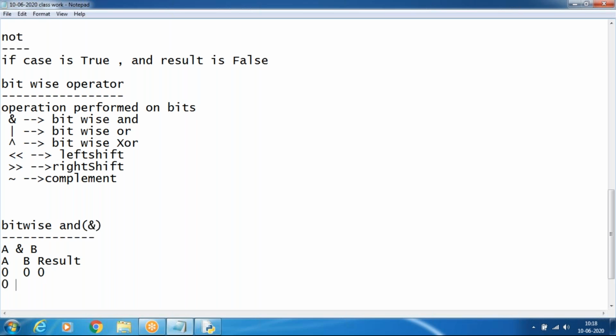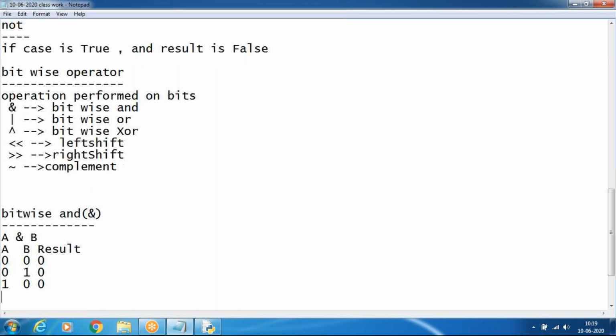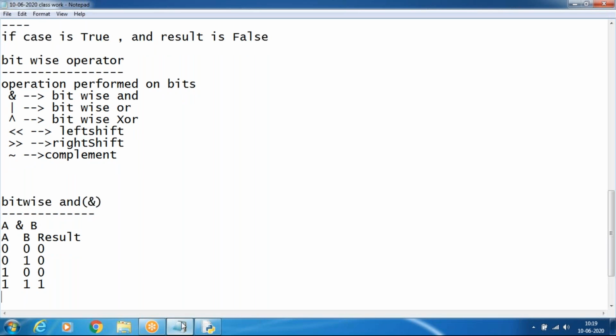If in case 0 1, the result is also 0. In case 1 0, the result will be 0. If the case is 1 and 1, the result will be 1. So we will see that one.